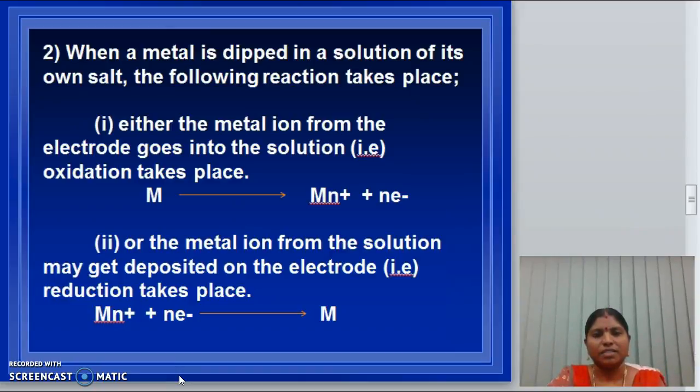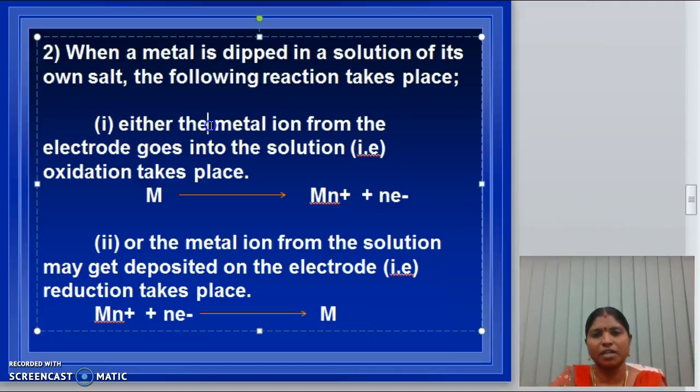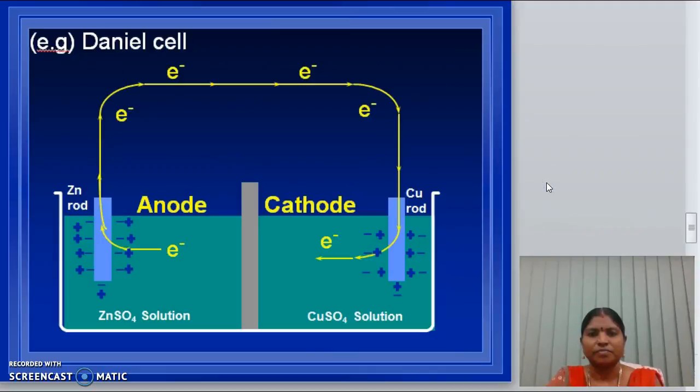The second point we discuss is, so a metal consists of metal ions and its valence electrons. When this metal is dipped in a solution of its own salt, two possible reactions are there. Either the metal ion from the electrode may go into the solution, or the metal ion from the solution may get deposited on the electrode. The first one is known as oxidation and the second one is the reduction reaction. So when a metal is dipped in a solution of its own salt, either oxidation or reduction will take place. So let us explain this electrode potential with an example, taking the Daniel cell as an example,